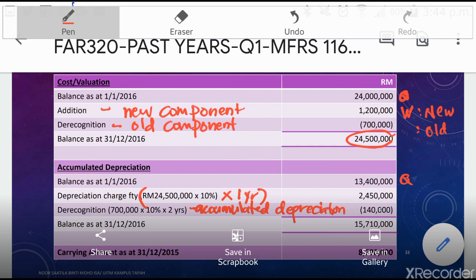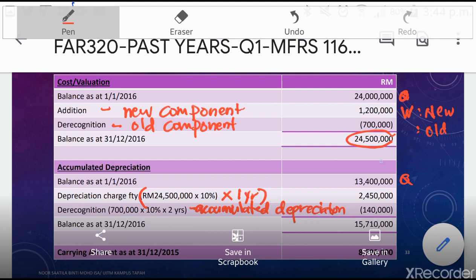So now the depreciation that you have provided from the day you purchased will need to be removed, up till the year before disposal. Why? Because this is yearly basis. So when you remove, you deduct from the depreciation. Remove means to deduct. So at the end of the year, that will give you the accumulated depreciation of